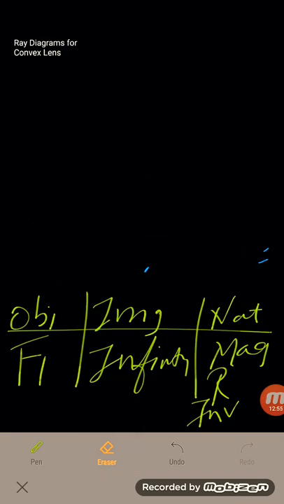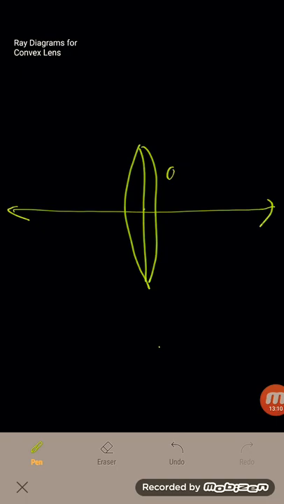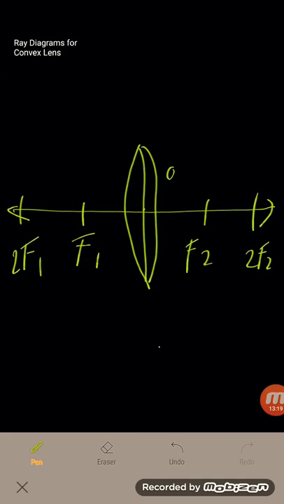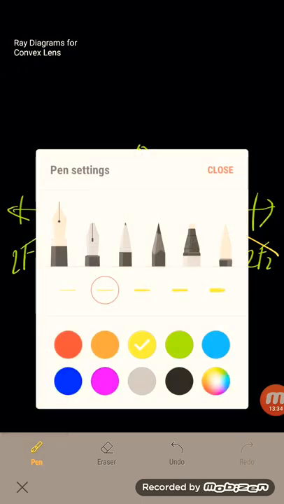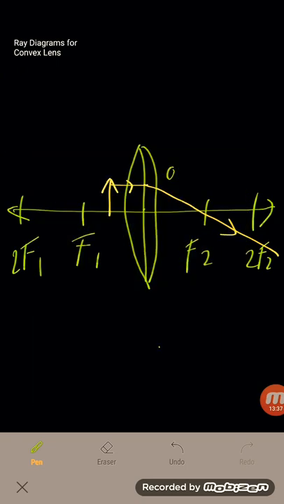Now we'll place our object between O, this is our O, right? f1, 2f1, f2, 2f2. Now let's place the object between O and f1. Parallel, passes through the focus, and the second one, this is interesting now, and the second one,